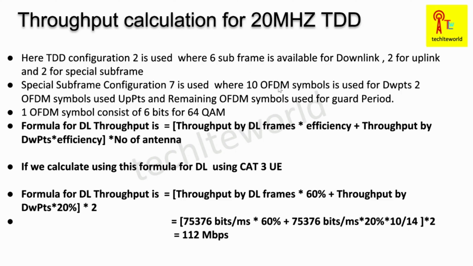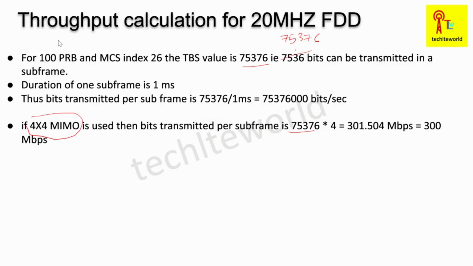Now, finally, we'll be calculating the throughput for 20 megahertz TDD. For calculating the throughput for the TDD configuration, we need to consider some configuration here, right? The consideration we have made is that we have considered TDD configuration of 2. So what does this TDD configuration 2 mean? If you can go to this table,